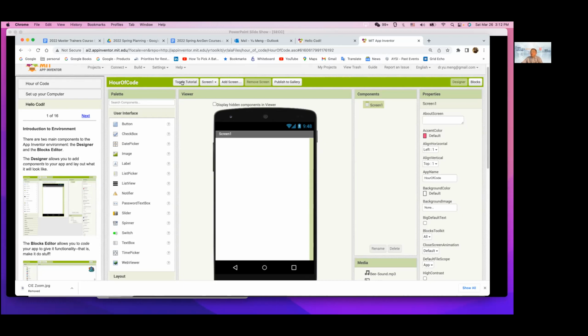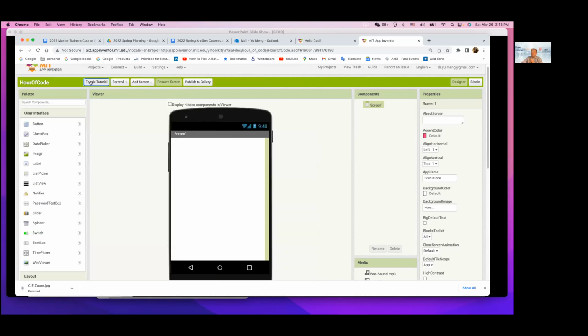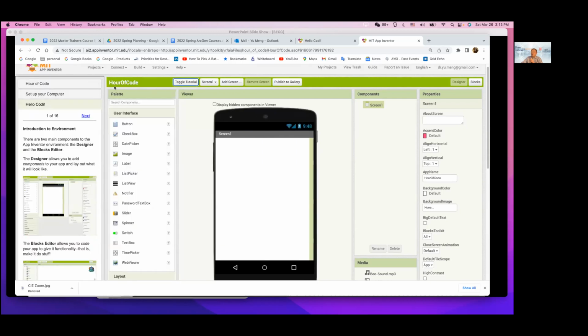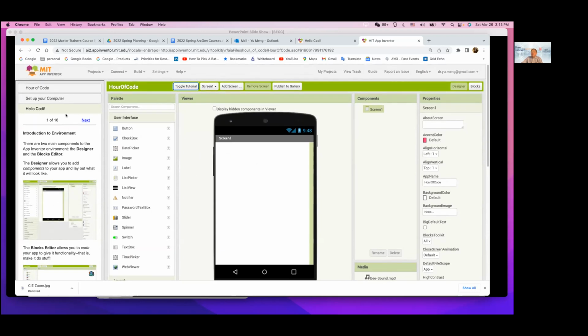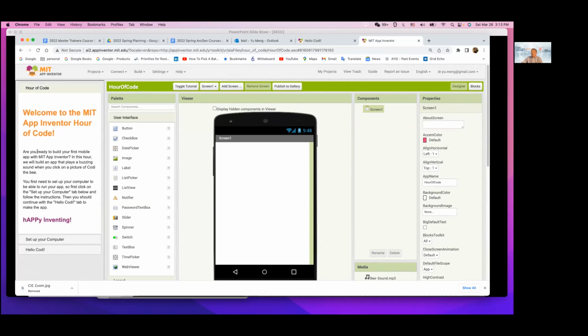If you want to toggle it, which means you want to hide this tutorial, you just click on here, look at here, you can click to toggle, to open or close this tutorial. Let's keep it open, okay? Let's keep it open. What we want to do is, if we look at here, it's going to say you're going to